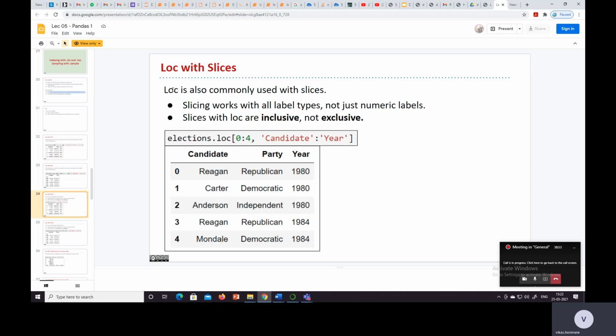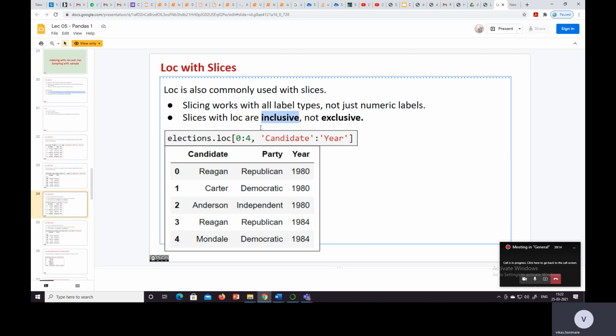Then loc is commonly used with slices. Slicing works with all label types, not just numeric labels. And slices with loc are inclusive.